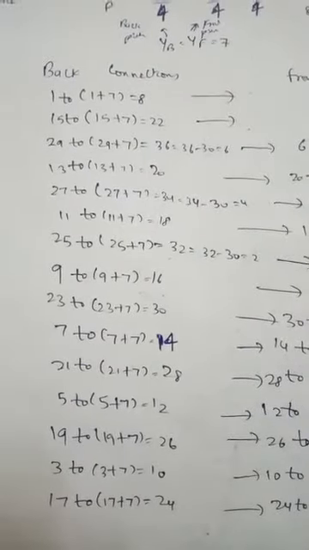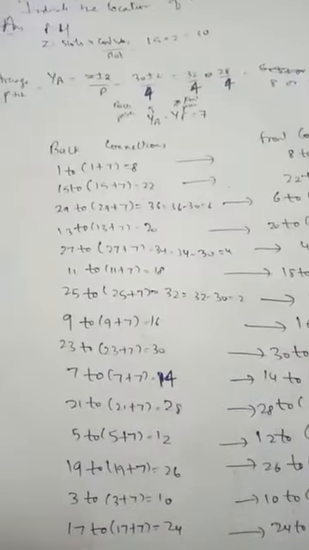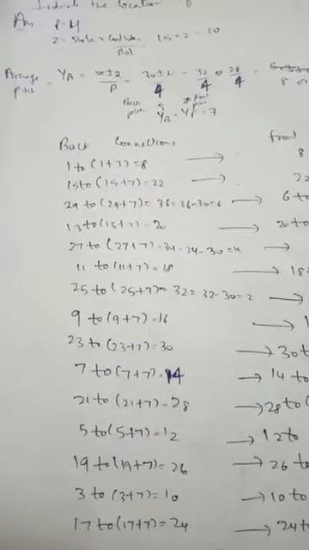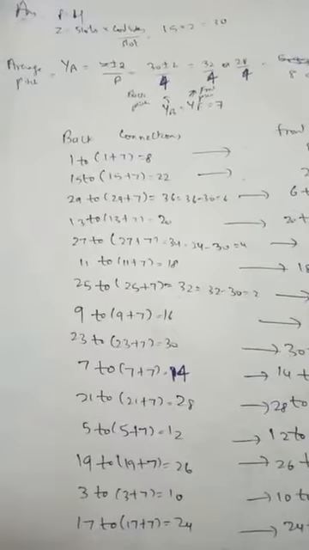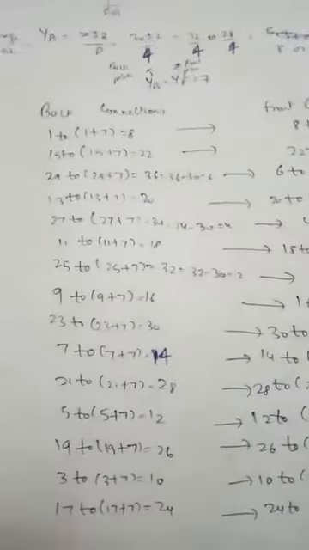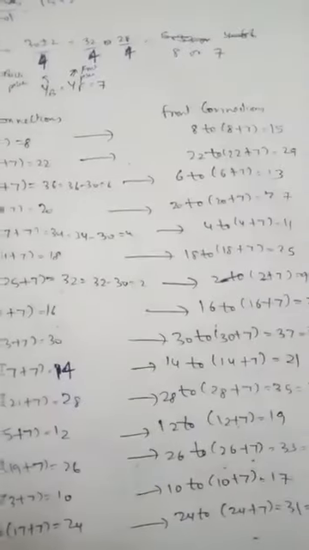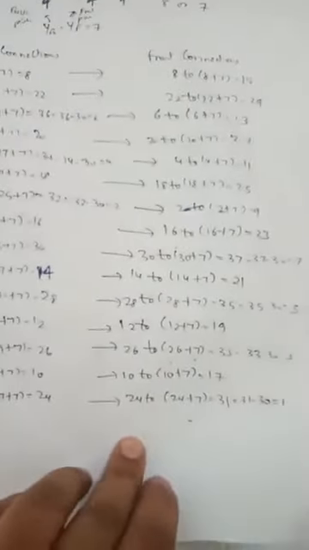So 36, we don't have that many conductors. We have Z is 30. So subtract 36 by 30, so 36 minus 36. Then 6 to 6 plus 7, 13. 13 to 13 plus 7, 20. 20 to 20 plus 7, 27. Similarly, 17 to 17 plus 7, 24. 24 to 24 plus 7, 31. So 31 minus 30 is 1.